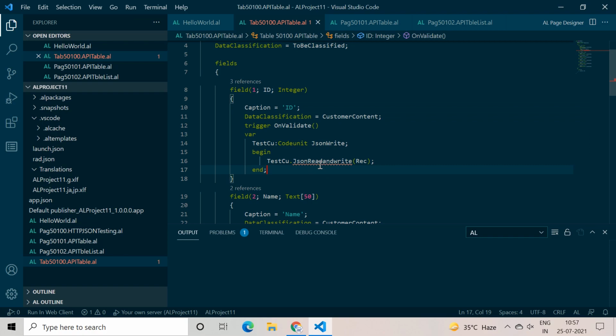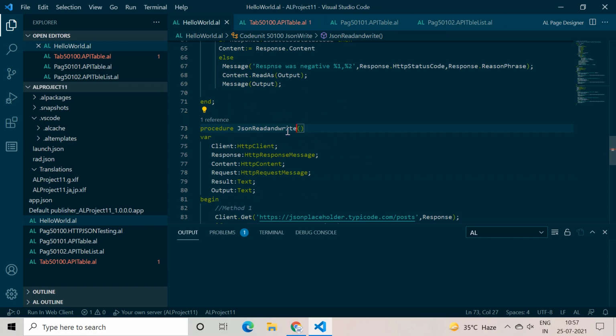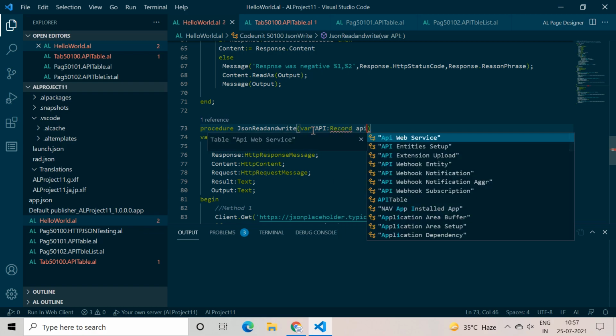But now the thing is that this function is giving me an error. Why so? Because if you go to your code unit, here we have not defined any parameter. So let's make it a parameterized table record, API table.